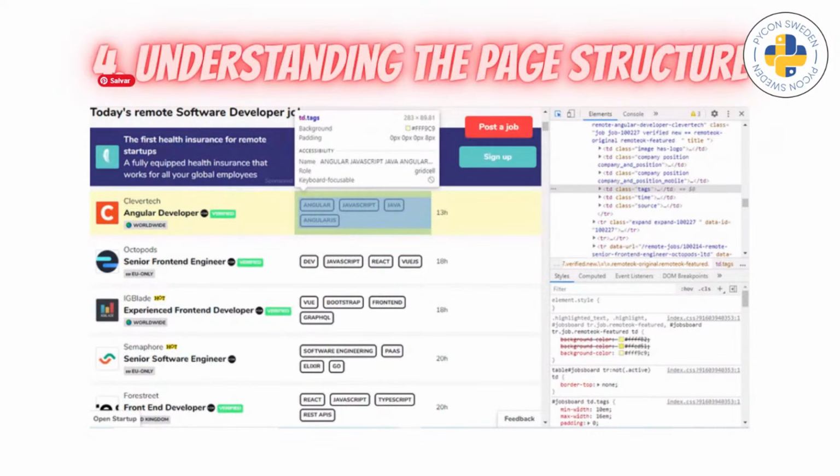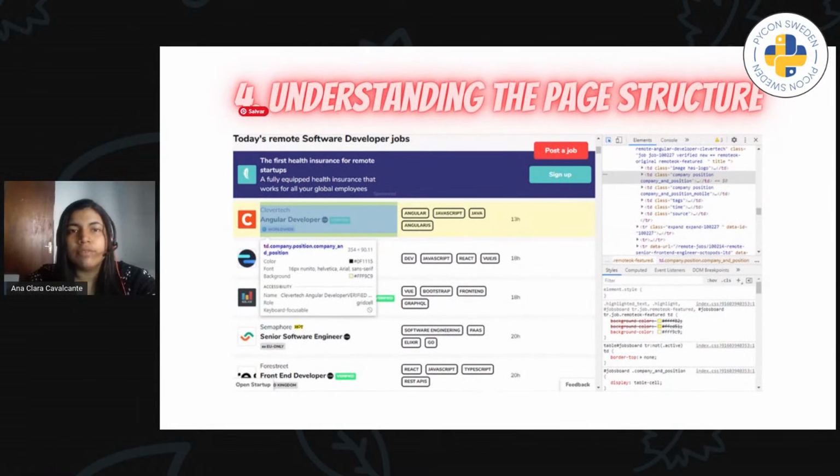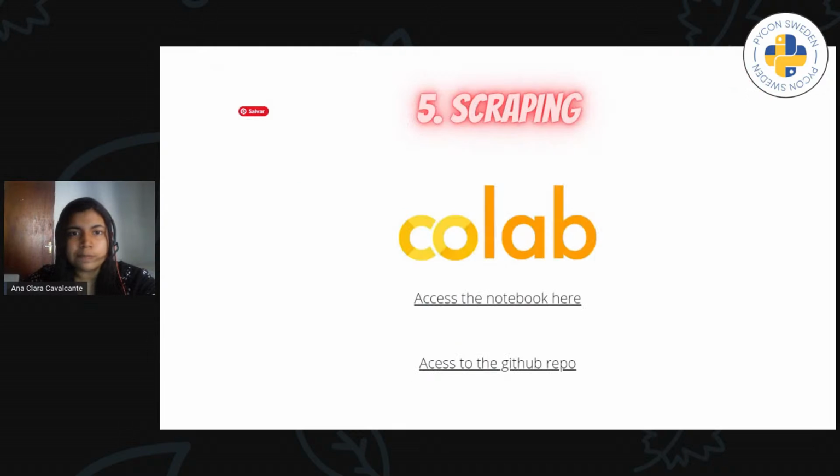You can see that these tags are represented by a column with a class called tags. We can also see that the company and the role name are in a column with a class called company and position. This is really important and you're going to see later why, but it's very important to understand how the information is available to you in the HTML file.